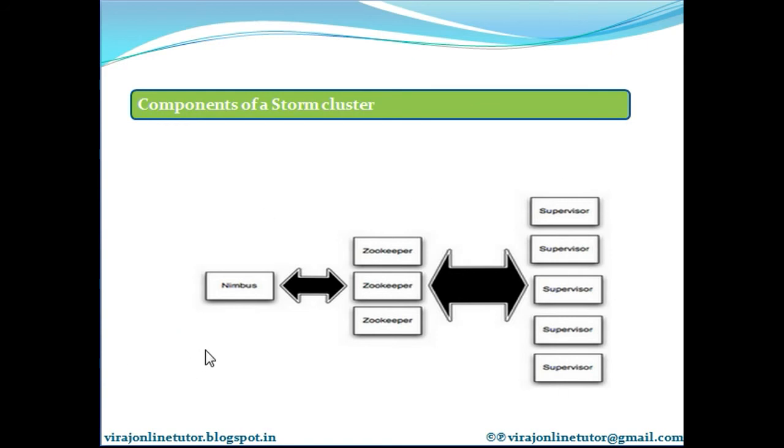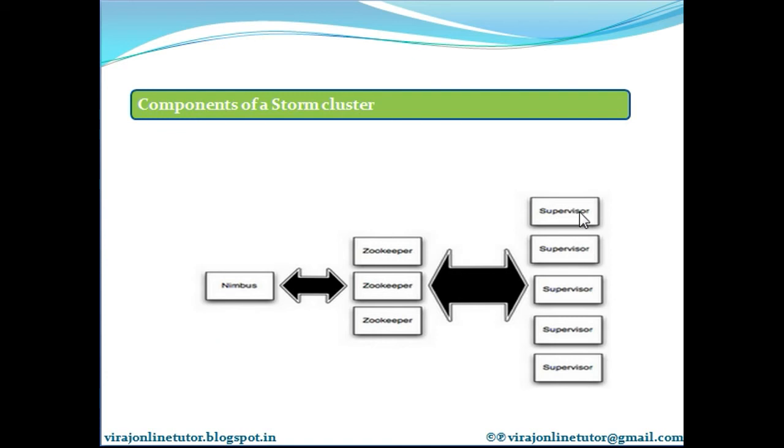The master node runs a daemon called Nimbus, which I have depicted in the diagram here, and which is similar to Hadoop's JobTracker. Nimbus is responsible for distributing the code around the cluster, assigning tasks to the machines, and monitoring them for failures. It is a very important component.